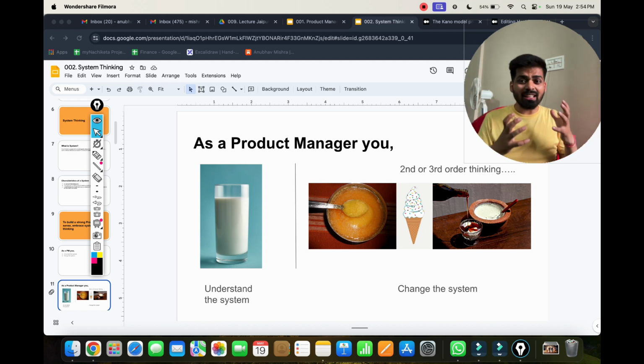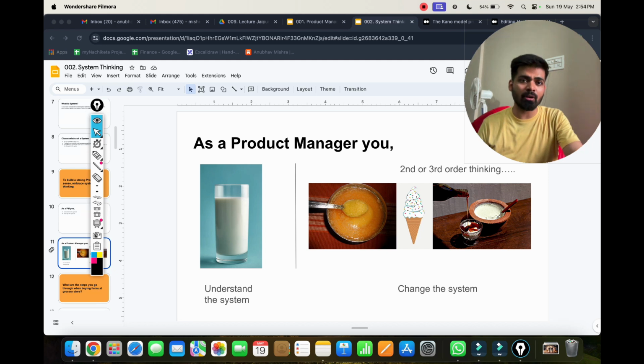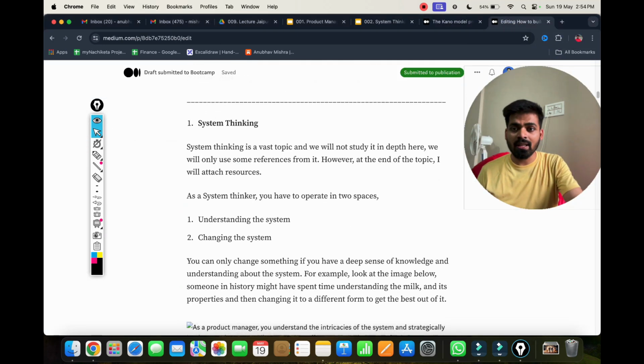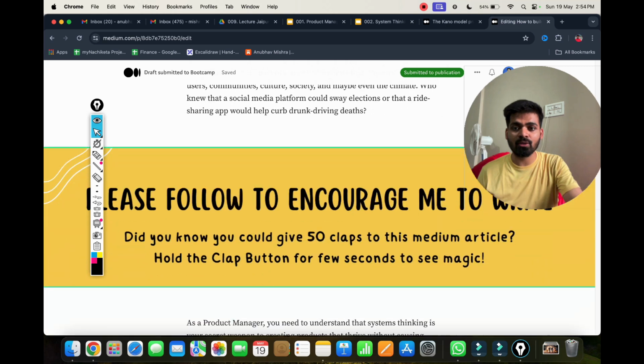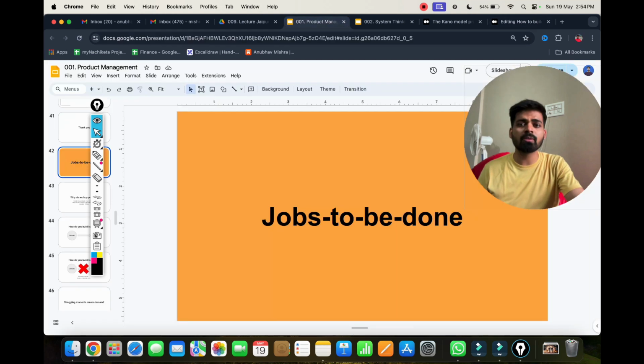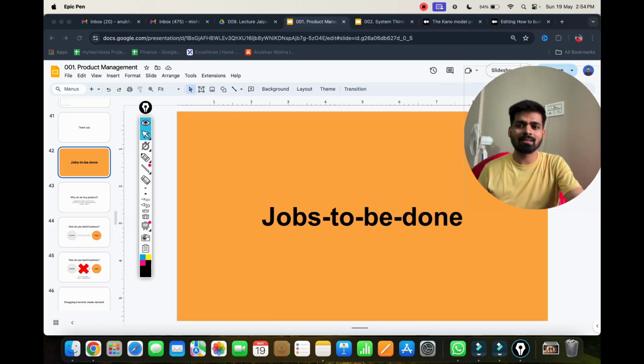Okay, so connecting these dots, understanding them, deep diving into them, that is only systems thinking. And you can learn more about systems thinking in the topic itself, wherein in systems thinking I have shared this link, as you can see, resources. So tools for systems thinking, you can deep dive into the theoretical aspect of systems thinking. So that's it from my side for systems thinking, because again today we are not going to be studying systems thinking, but that is something else.